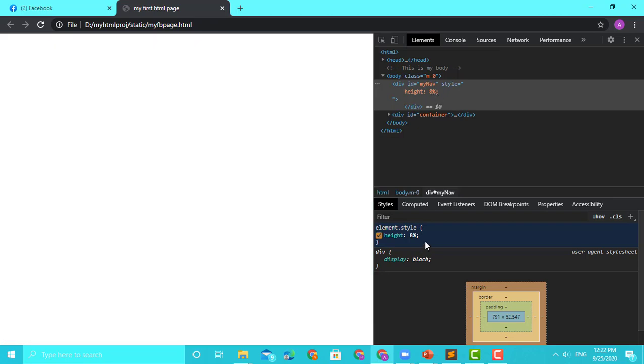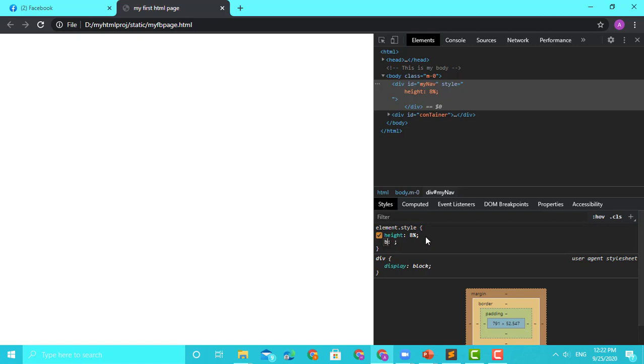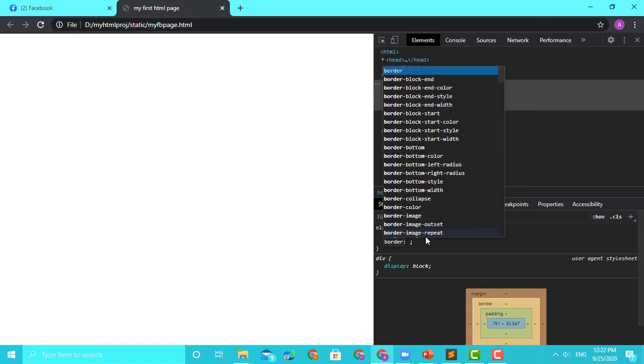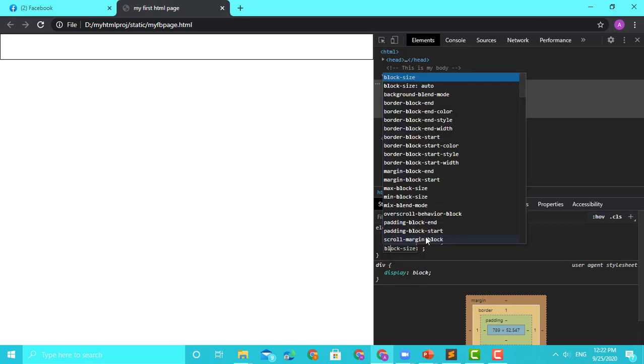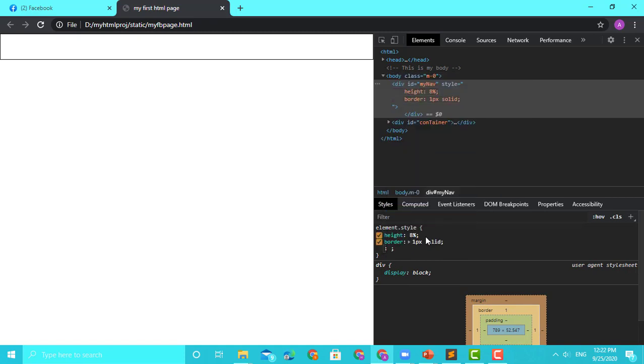I can give a border. Okay, I'll say 1 pixel. I can say gradient. You can see there are ways. I'll say 1 pixel solid black. I have box shadow also, but anyways, we'll go to that as we do.